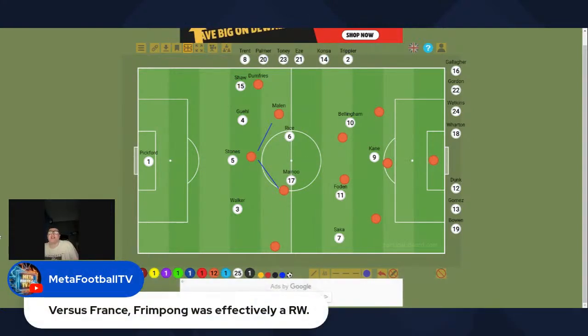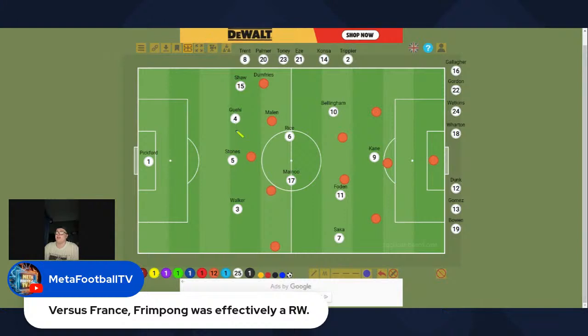Frimpong was, yeah, that's what I was saying. Yeah, he was effectively a right winger, and then out of possession, he was initially pressing as the right winger, and then dropping and collapsing into that back 5. But yeah, you're correct. Like I say, he was playing as that right winger. So again, if they were to set up in this manner with Marlon or Bergwijn, which is what you've actually seen lately, then like I say,